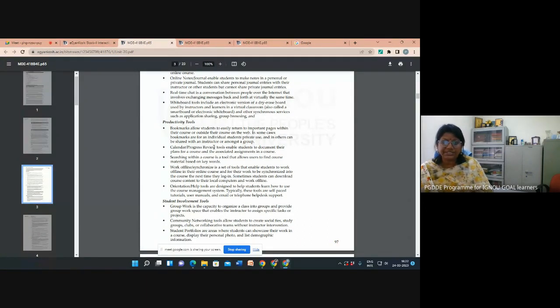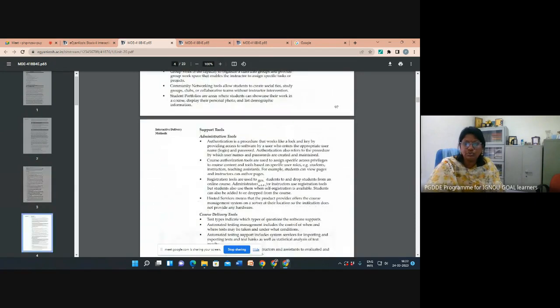A discussion forum is there for interaction, but we are not using it regularly, nor is it mandatory. Group work is not there. Sometimes, if it is there, we can ask students to do group work, if we can incorporate it, and so on and so forth, which is available on the LMS. That is also possible to do.